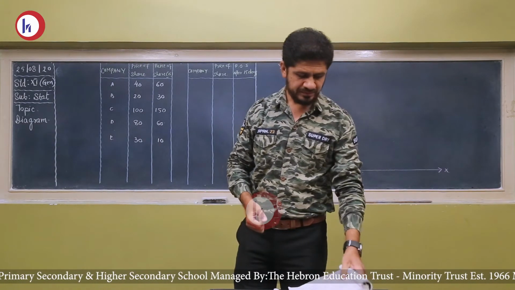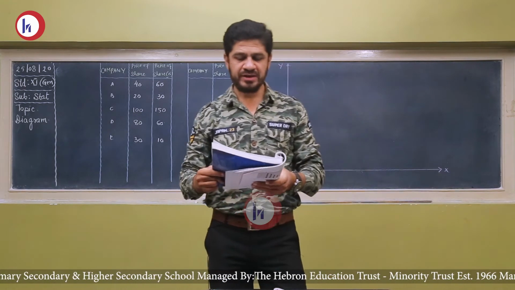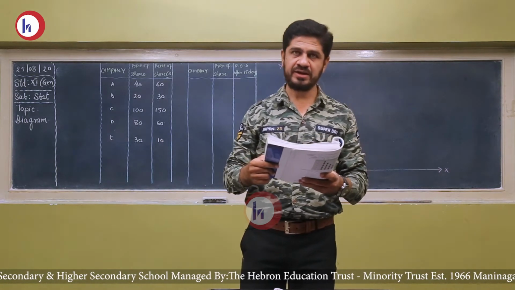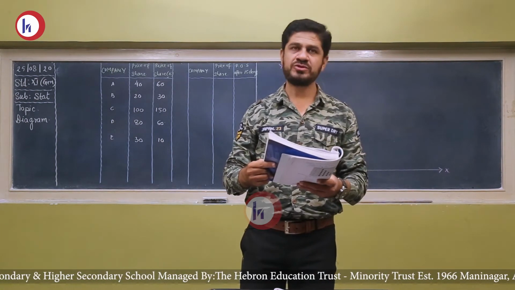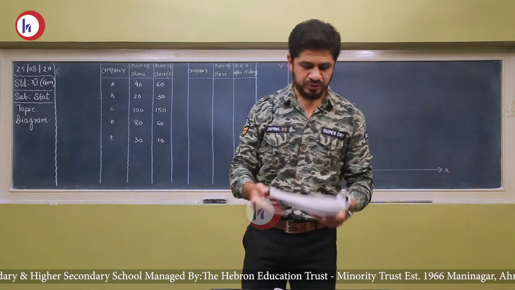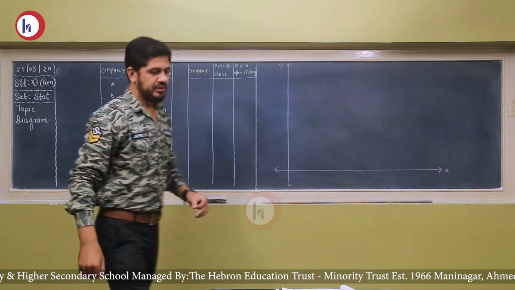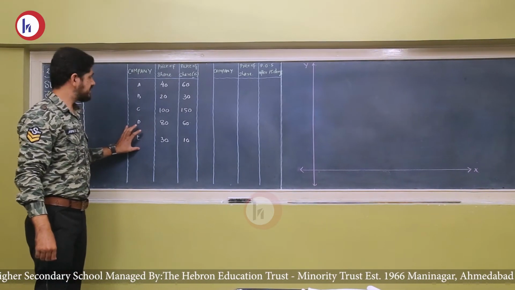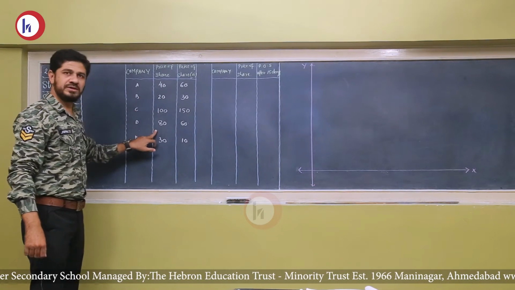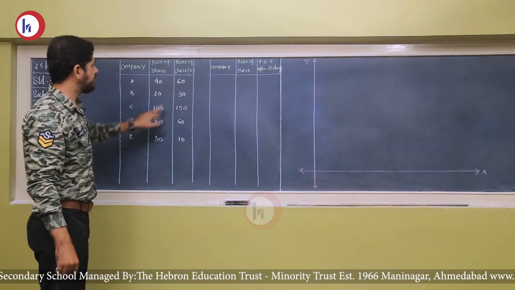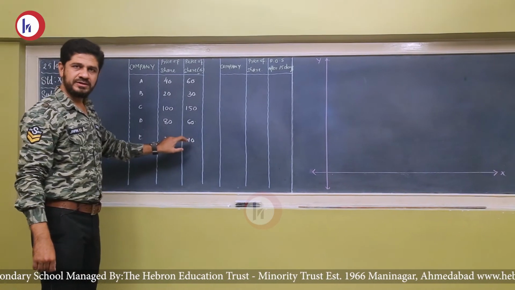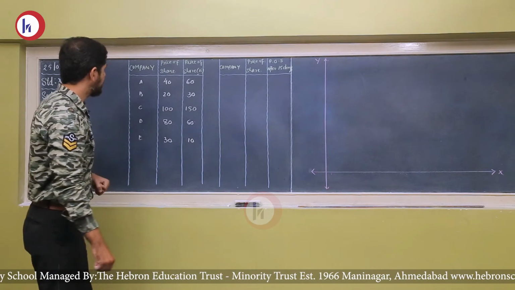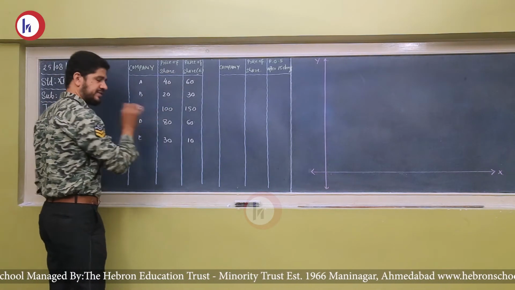Question number 3. Changes in the price of shares of 5 companies at Bombay Stock Exchange during an interval of 15 days are as follows. Present them by a suitable diagram. We have been given the 5 companies A, B, C, D, E, the price of shares of all the companies, and the price of shares after 15 days. Again, it is not representing the time. We will arrange them in descending order of the actual share price.